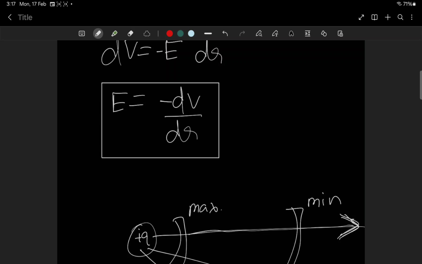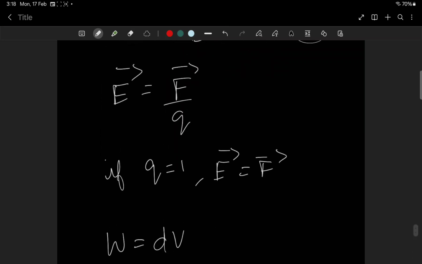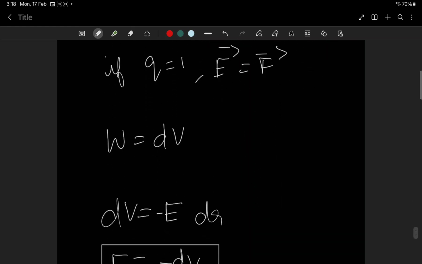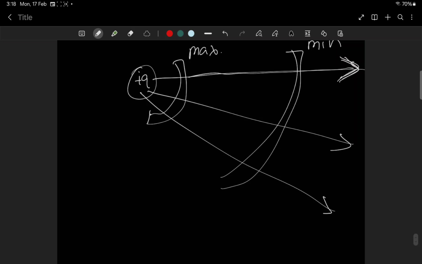The magnitude of it is given by the change in magnitude of potential per displacement normal to the equipotential surface at the point. That's what we wrote: dV by dr, or V by R, or delta V by delta R. So this was one we kept aside, and now we completed that too. So the first part of this chapter comes to an end, meaning potential energy, work done, dipole, and relation between potential and electric field.